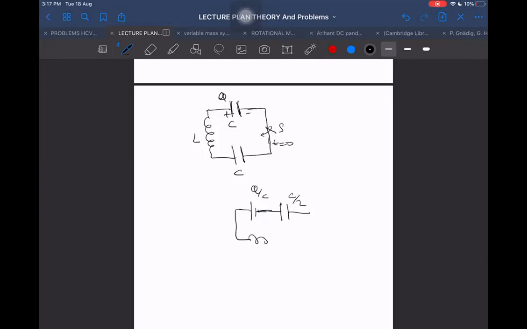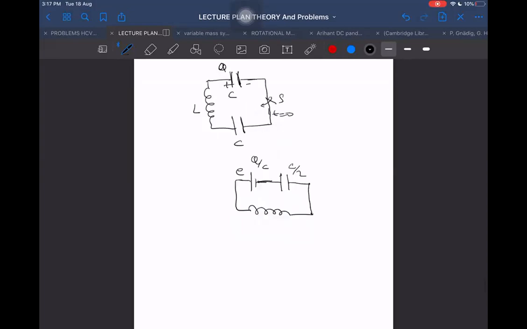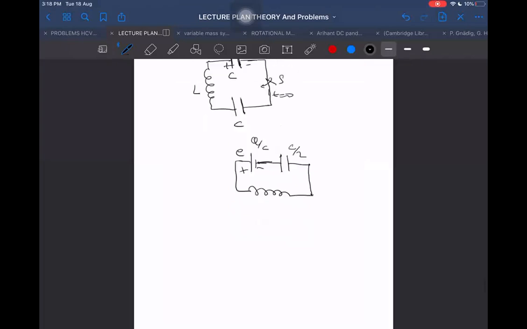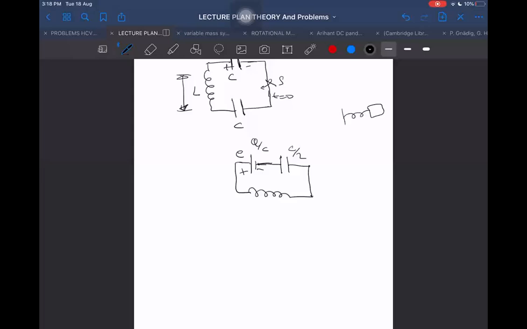And there is an inductance also. This is a battery of EMF E. Do you know how to solve such a circuit now? If it is a battery of EMF E, what will be the final condition during equilibrium? Equilibrium here means, like when the mass is in equilibrium the net force acting on the mass is 0, when L will be in equilibrium, then net EMF across L will be 0. So VL will be equal to 0.